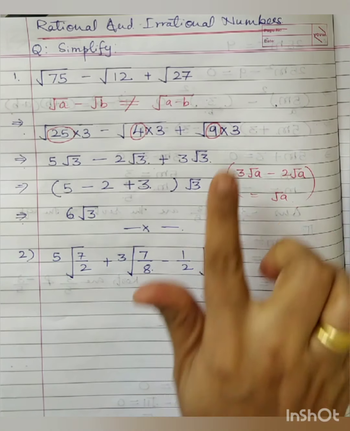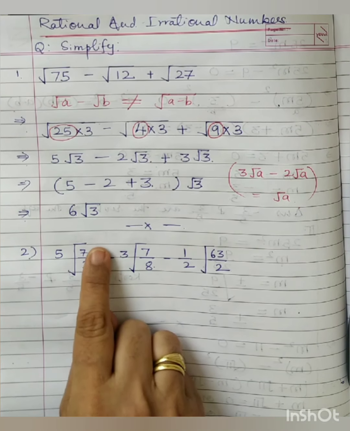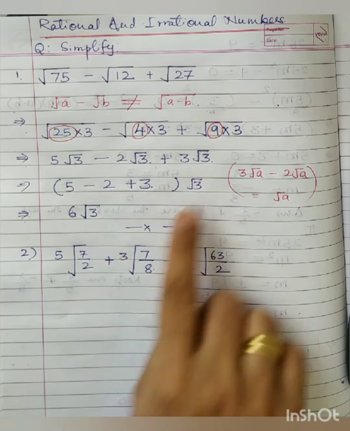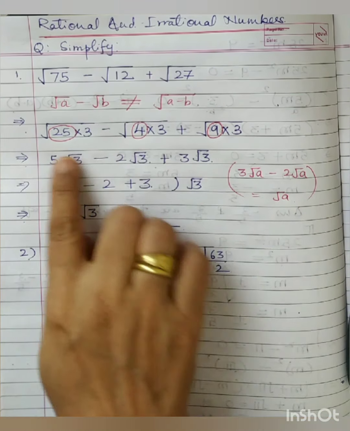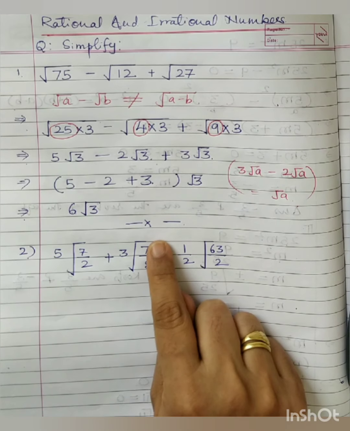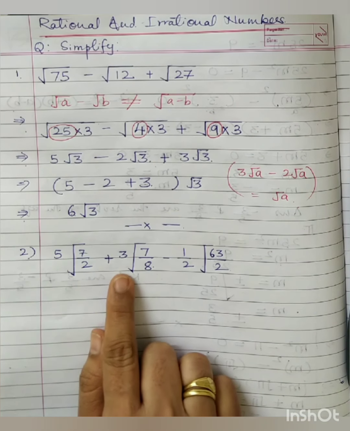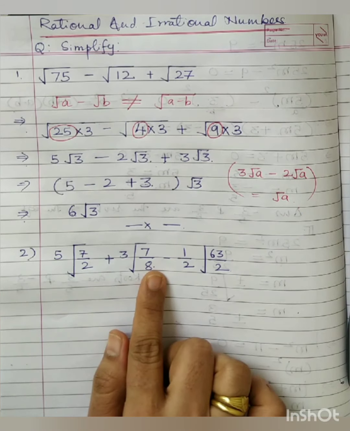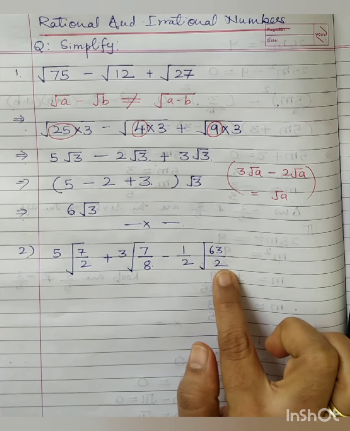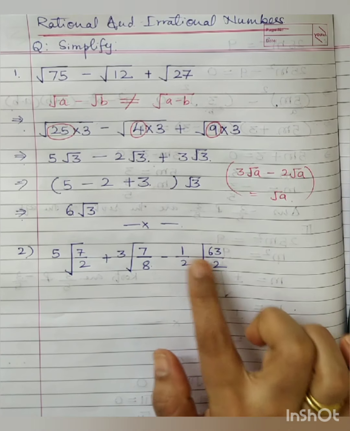Now use the knowledge of the previously taught question here. 5 under root 7 upon 2. 7 and 2 both are prime numbers. So what you need to understand is that the common irrational part, which was root 3 in the previous question, is going to be under root 7 upon 2 here. Look at this 7 upon 8. What you are going to simplify here is 8. 8 is of order 2 for the surd, right? So 8 can be written as 4 into 2. 4 is a perfect square. Same way here, 2 is in simplified form, we cannot do anything here, but in 63 there is a perfect square, 9 sevens are 63, so 9 can be taken out as 3.